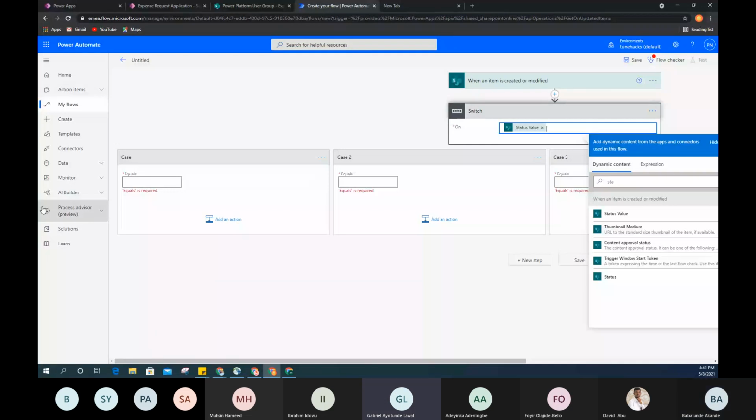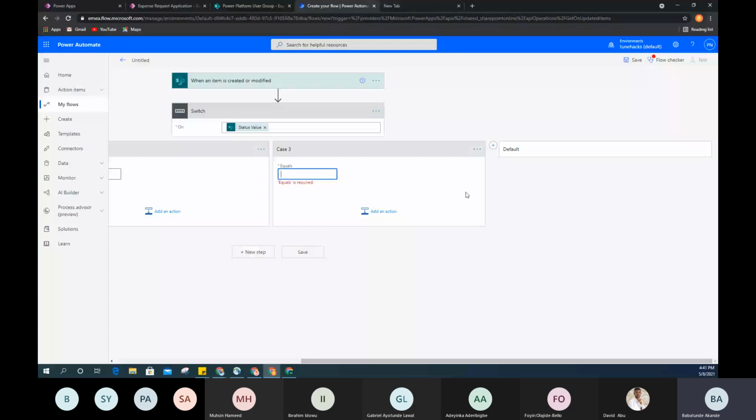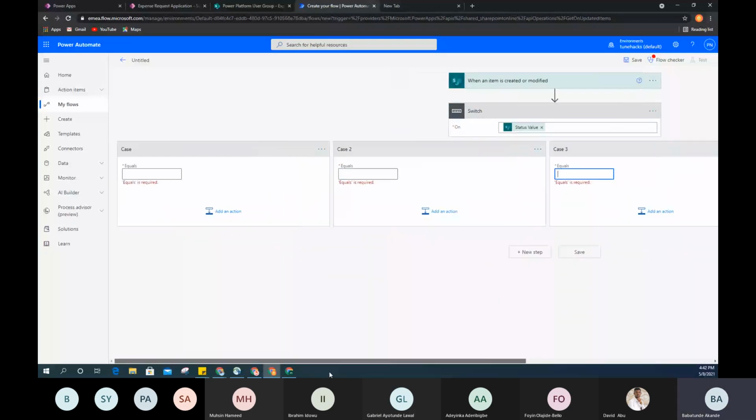I just want to ask, is there a limit to how many cases you can add in a switch? Well, not that I know of. Maybe there is, but I've built a flow that had up to like 10 or 12 different cases and it was still able to accommodate. I'm not sure if there is really a limit, but I haven't exhausted it yet. So I can't really be sure. All right, thanks. Okay, now we have our switch